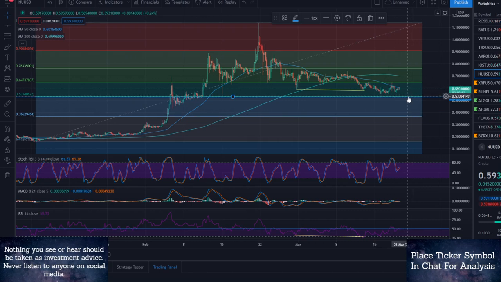So first target is 528. Now, once we hit 528, I'm going to be looking at a few things. Where's my stochastic? Is it in the mid-range? Is it low range? Is it overbought range, right? What is my MACD doing, and what is it doing on the lower time frames? I'd go down and analyze the 1 hour, which we will look at here in a minute as well,